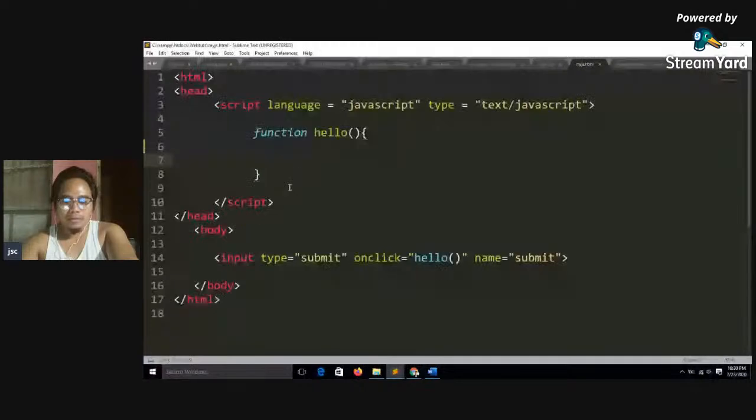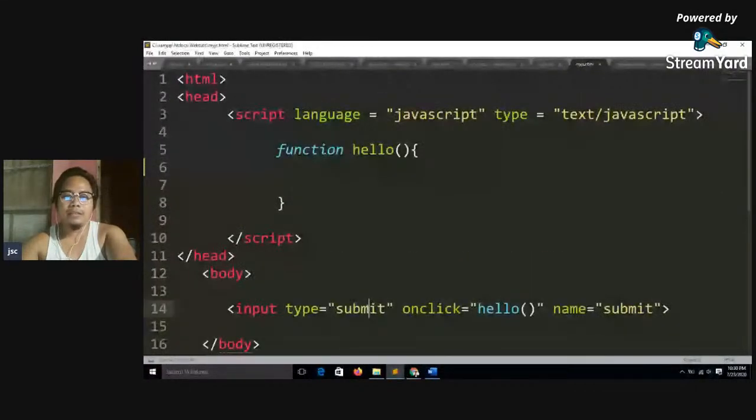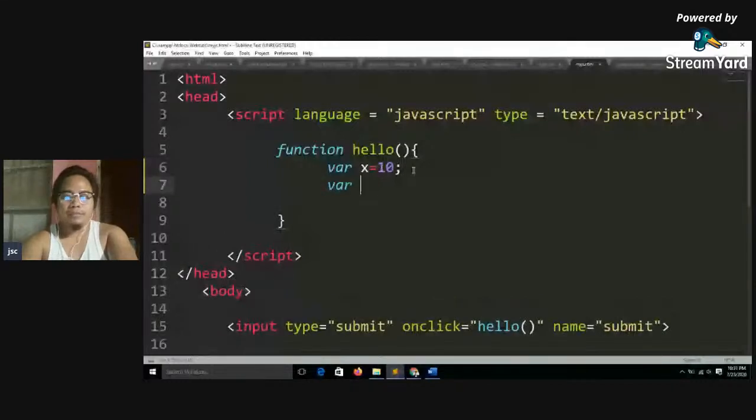So ito po yung code natin. Okay? Sample, sasampulan ko kayo kung paano gumawa ng pag-declare ng variable. Okay? So ito po last, nag-declare tayo ng variable like x equal 10. Okay, that is a number. Okay, and var str equal,